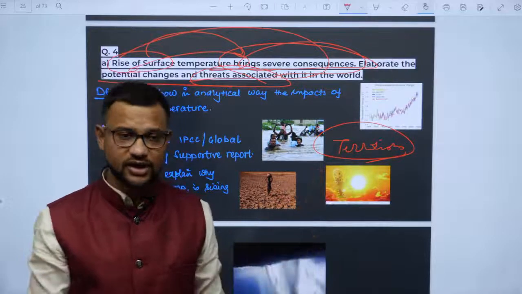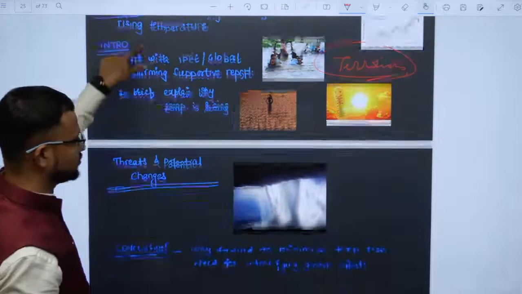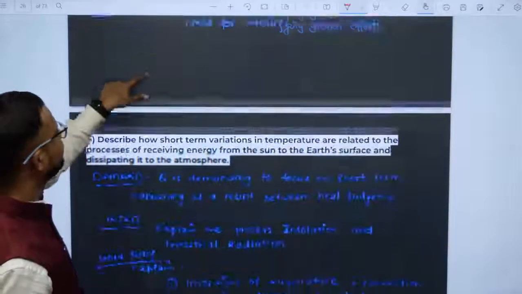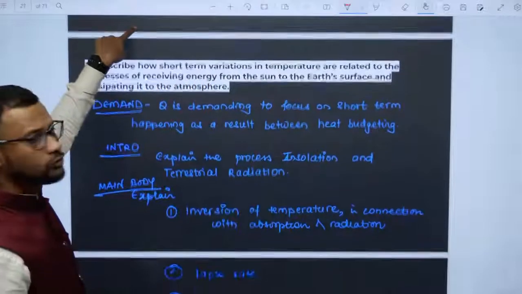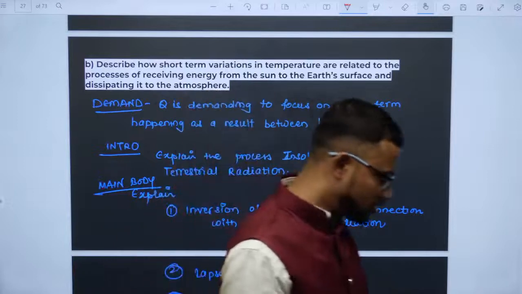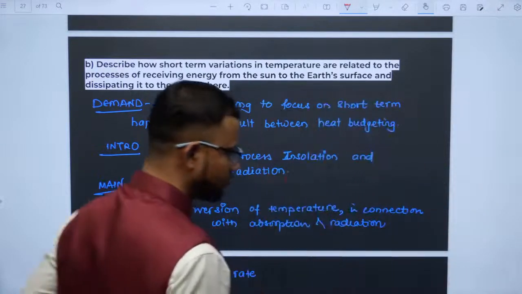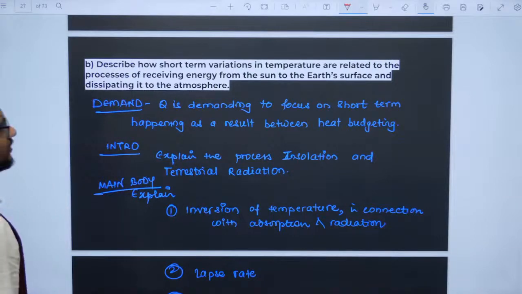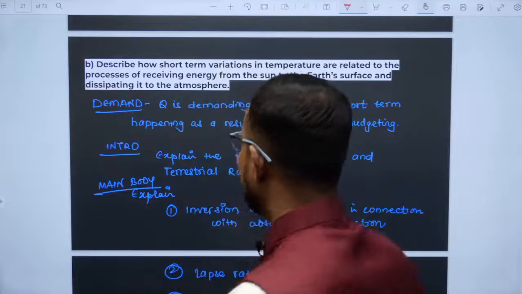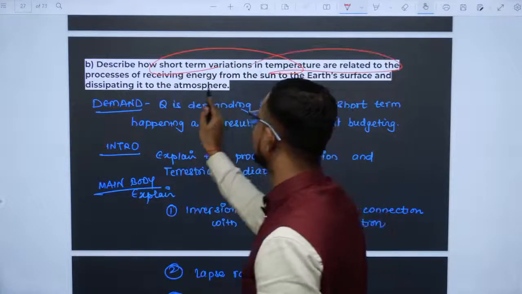Do have a case study and try to make your answer more multi-dimensional in nature. You can connect it the way you want further, and in the conclusion write the solution. Yes, solutions you will have to write to make your answer more impressive. Now next, see, next is: describe how short term variations in temperature are related to the process